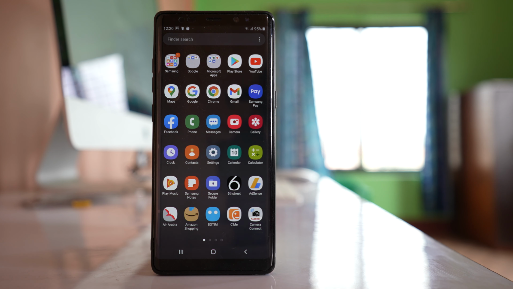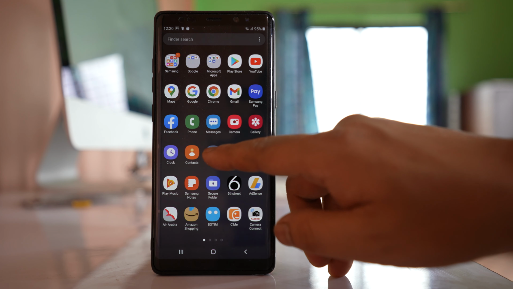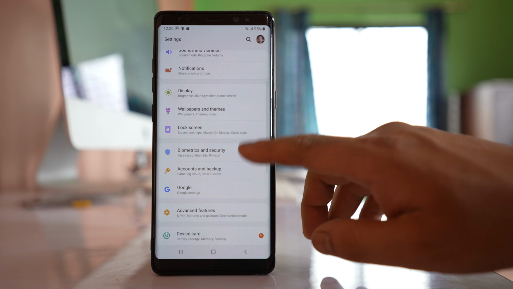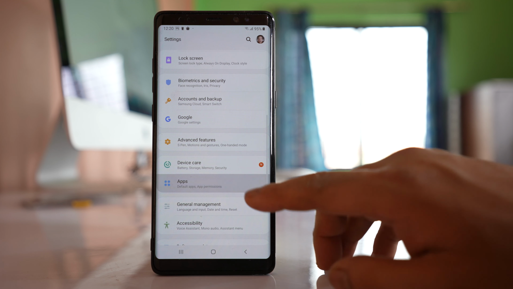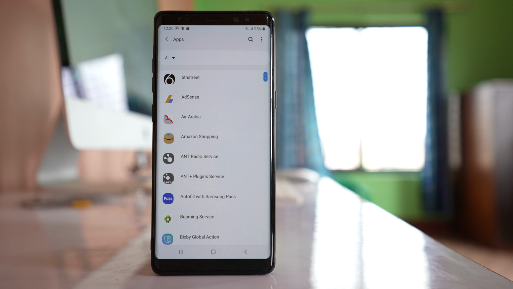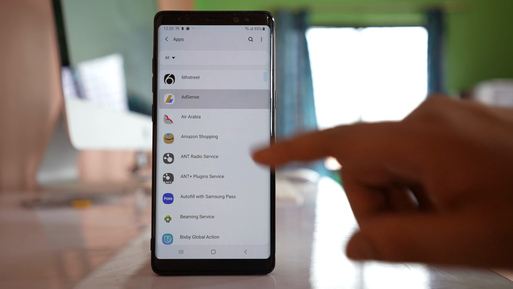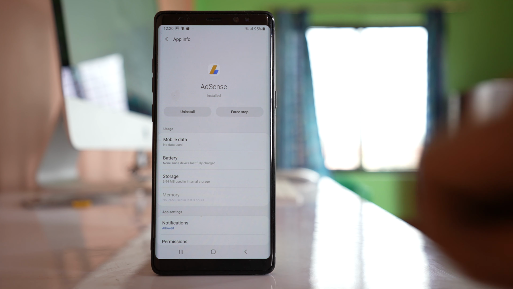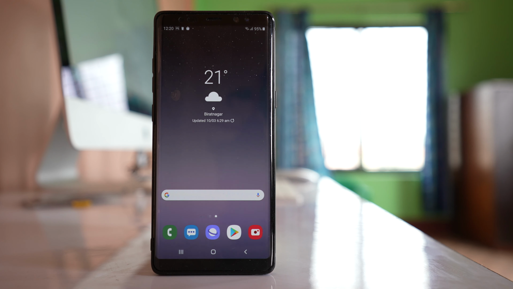If you want to uninstall the application, you just have to go to settings here, then you will go to apps here, and then if you want to remove any app, you will select it, and then you select this option, uninstall application. Now suppose you have not installed any freeware application, then it might be caused by